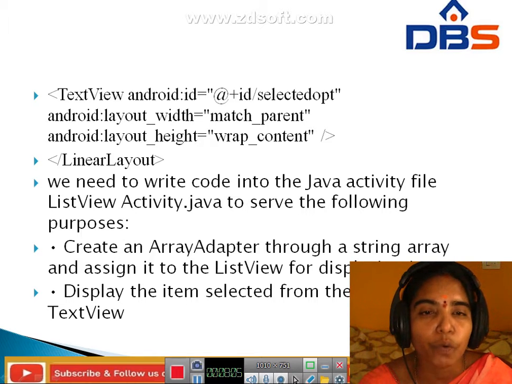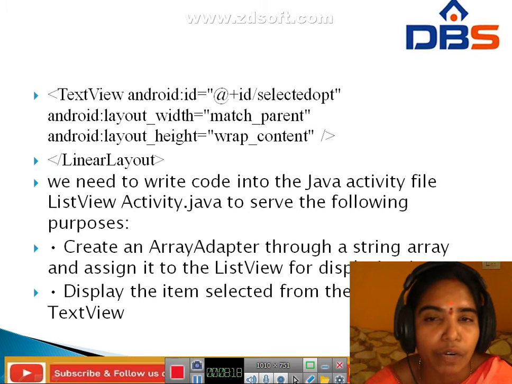Now after that we need to write code in the Java activity file also. These are the purposes of why we have to write the code in the Java activity file, in list view activity.